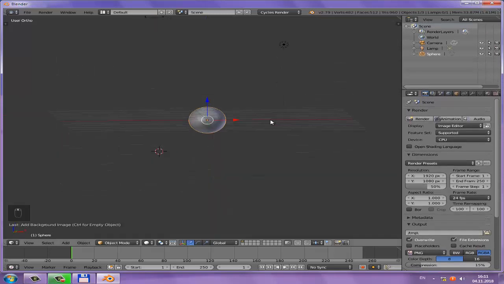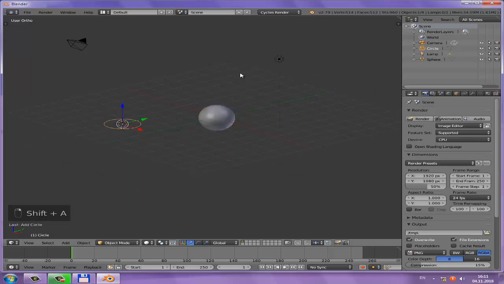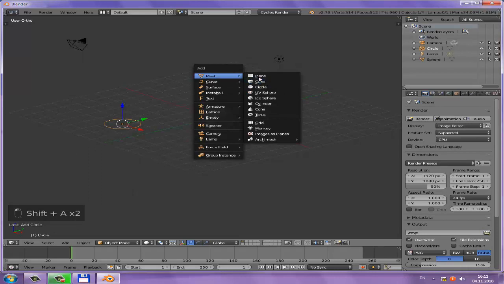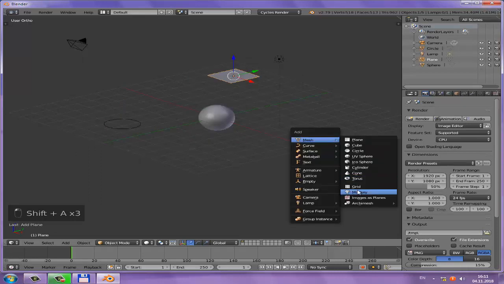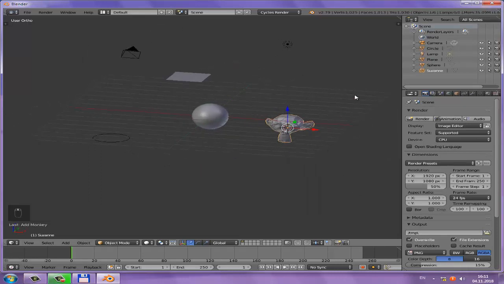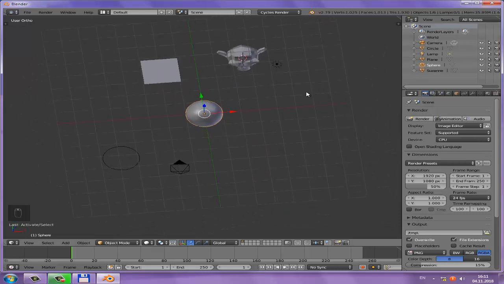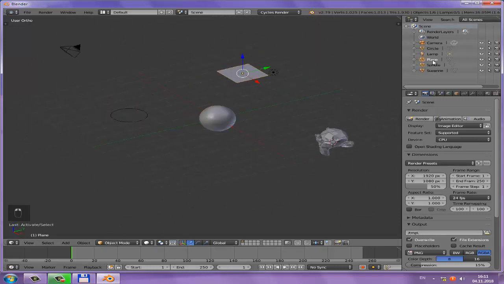Like if you add some more objects here, like shift a circle, plane, Suzanne, and here you can see that's Suzanne, that's called plane, that's called circle, that's sphere, and if you want to change its name, like if you don't want to see that plane, it's like a table, maybe,